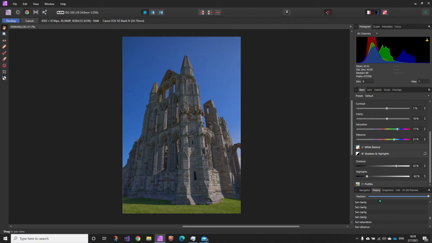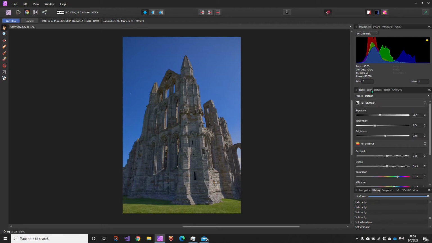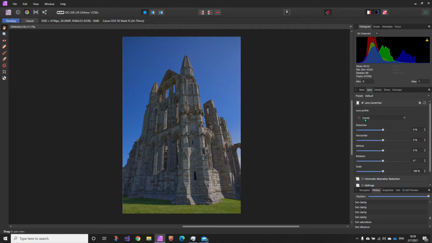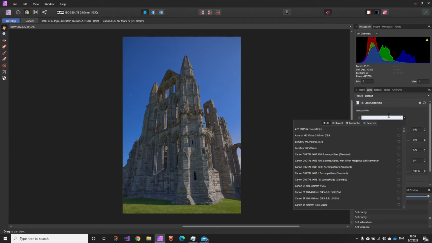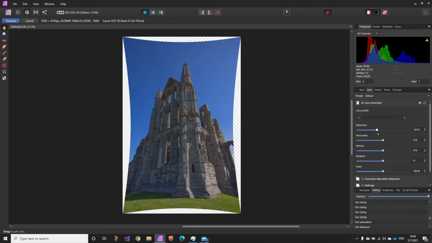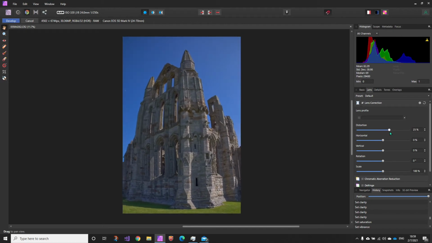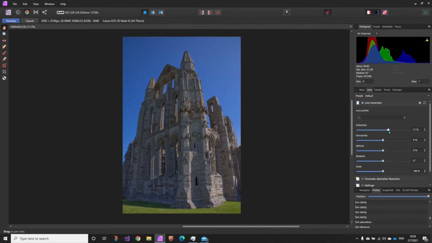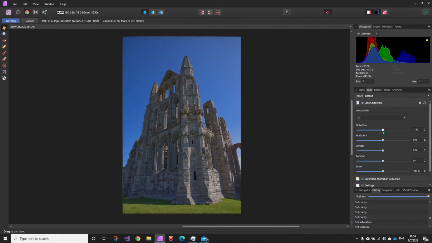This is just a basic course, so an introduction as such. There are other options, various distortions. You can have lens correction, and you can pick the lens you have, or if the camera has the information, it'll automatically fill it in for you. But once you've done that, you can actually adjust for distortion that you may have, say on a wide angle lens. It might actually be showing like that, and you can pull it back to be